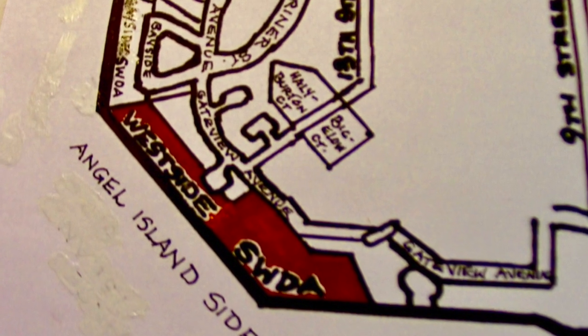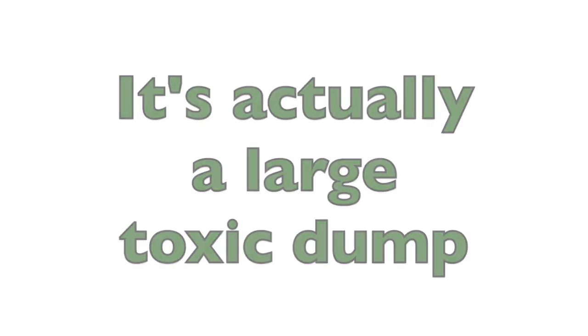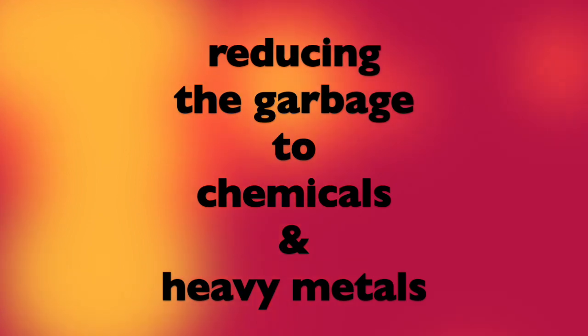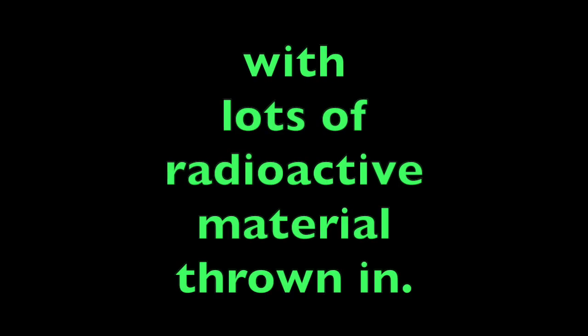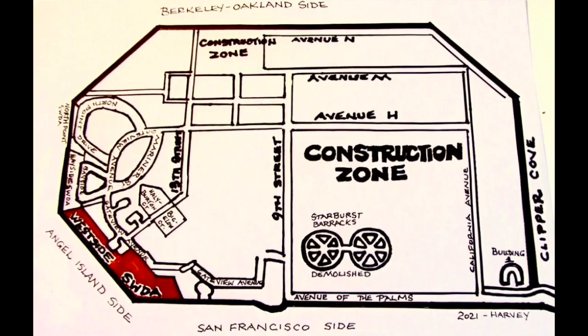The Navy pronounces SWDA "SWEDA." It's actually a large toxic dump where the Navy burned garbage on their base, reducing the garbage to chemicals and heavy metals with lots of radioactive material thrown in. The SWEDA follows the shoreline for about a mile